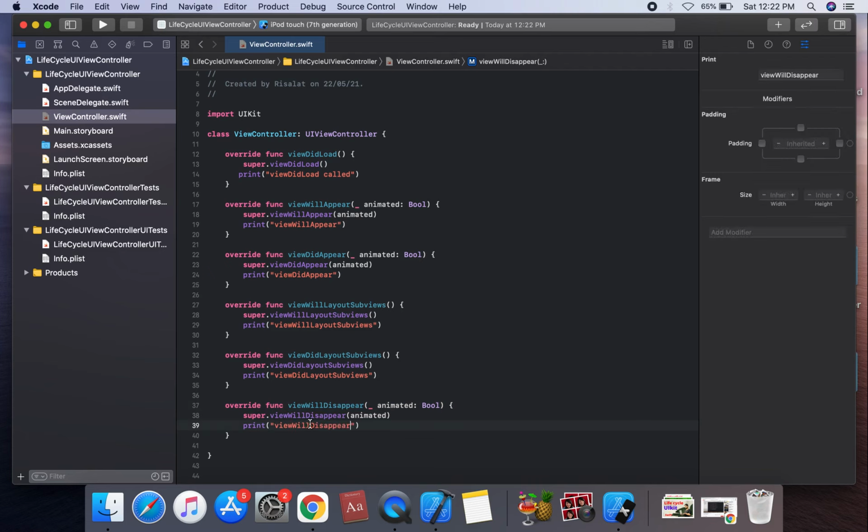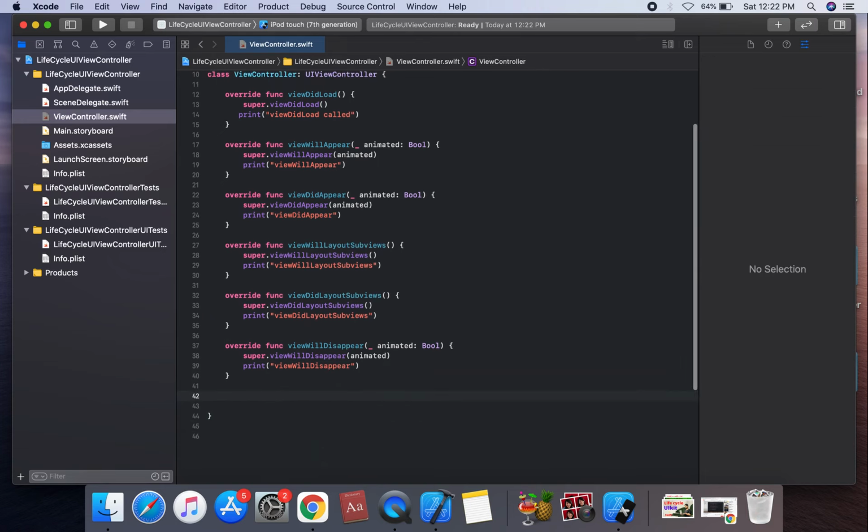When is viewWillDisappear called? It is called when the view is about to disappear from the user's view. It is a good place to save user data and cancel network tasks. So that is viewWillDisappear.